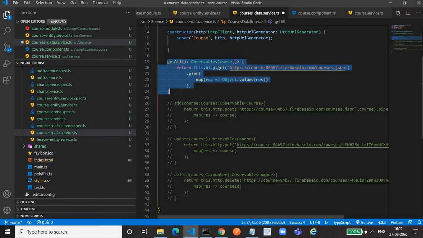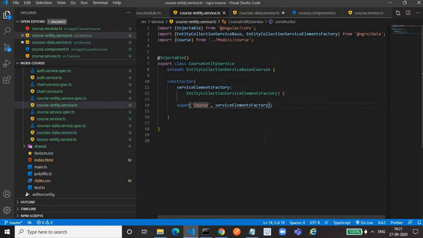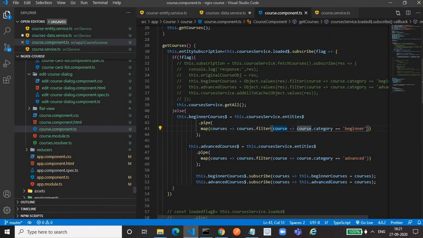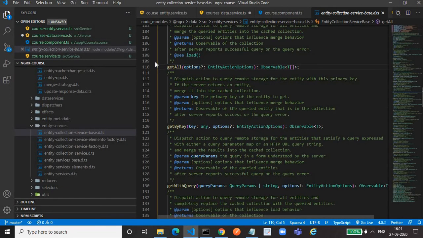So the getAll method is expecting an observable of entity array to be returned. Okay, if you see the definition, let me close everything which is not needed. If we see the definition for this getAll, let me click here. So getAll returns an observable of entity array and the argument is optional.